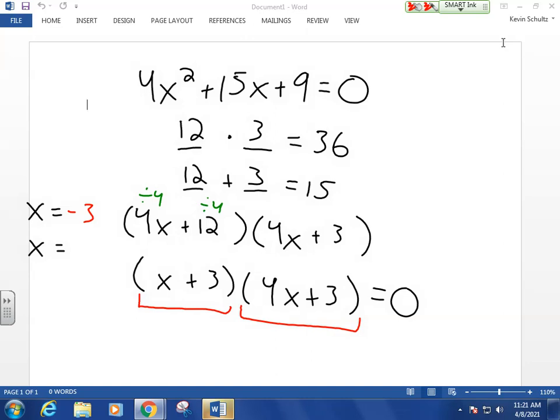And thankfully, if you can't figure it out mentally, recognize that what we're doing is trying to find what value for x makes 4x plus 3 equal 0. You can set up a two-step equation to solve this, right? We want to know what value for x makes 4x plus 3 equal 0. So we subtract 3 from both sides. We divide both sides by 4. And we get negative 3/4,